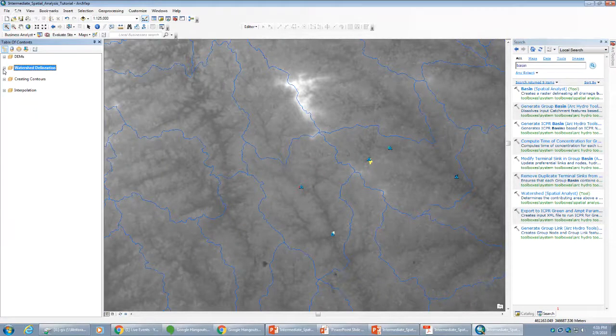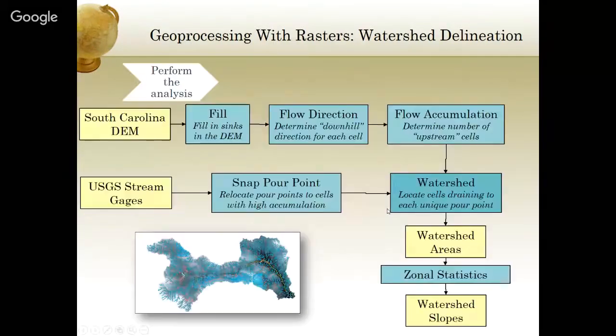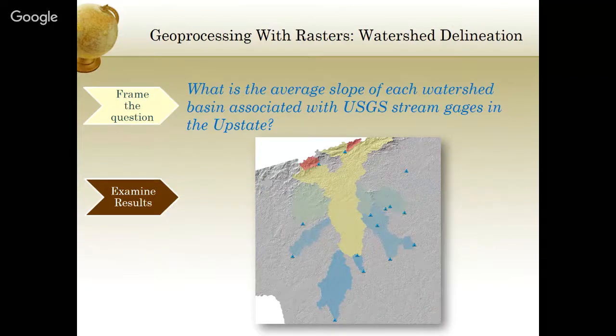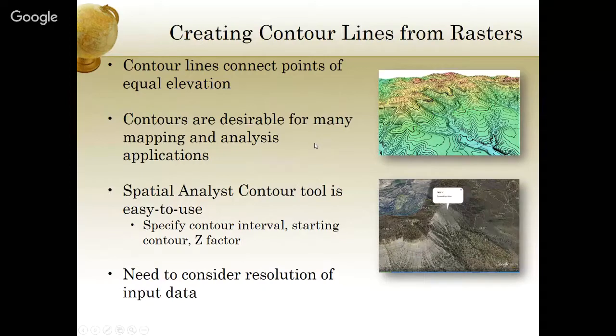My background's in hydrology, so I thought this one was really neat. Hopefully some of you will find this useful in your research or projects. But what it does is, again, give you some exposure to the Spatial Analyst toolset, an example of geoprocessing. Here, all we had was an elevation data set and some points, and we're able to calculate those drainage areas to it. In the interest of time, we'll skip the slope calculation part and go to our next one,